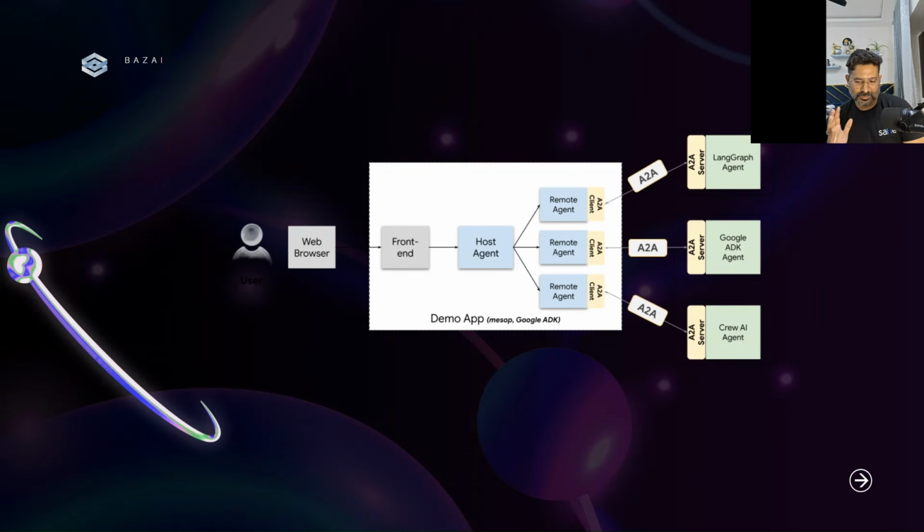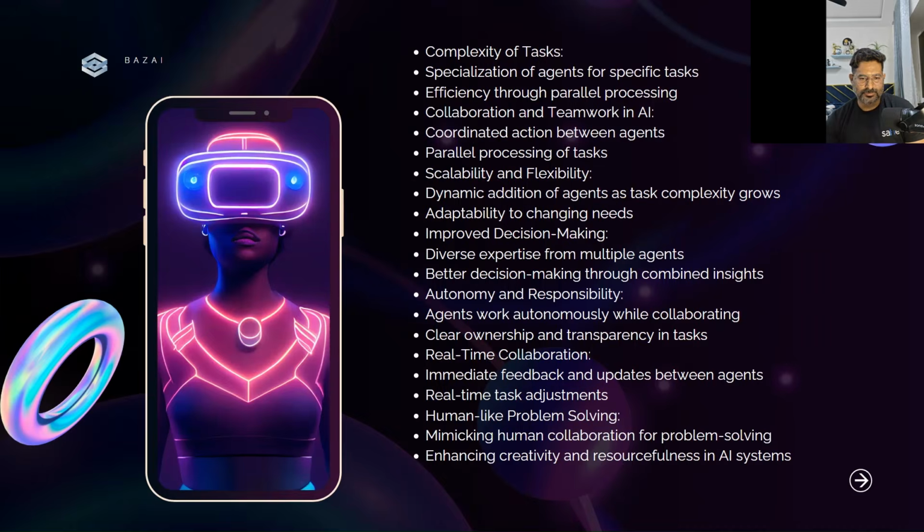It brings AGI capabilities, the artificial general intelligence. That's a new way of talking about how these agents are going to communicate with each other. So it's going to talk to the remote agents with the A2A protocol, either through LangGraph or AI, or it might be whatever new agents come in, and it fetches those details, and it's going to summarize them and provide you those answers.